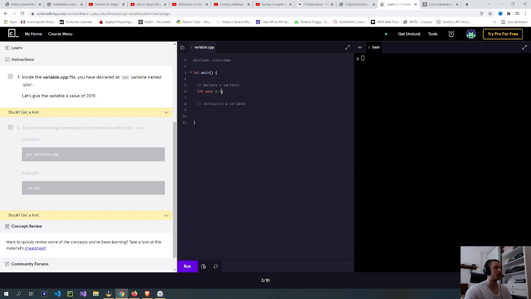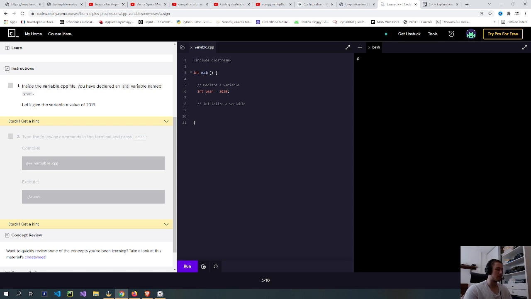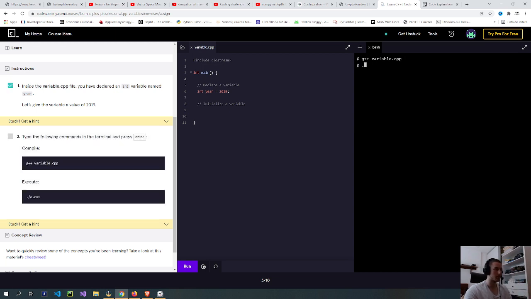I'm not sure if I should do this on the same line or different lines, but I assume I can do it on the same line. I'm going to do it without the -o now. Let's see. variable.cpp.